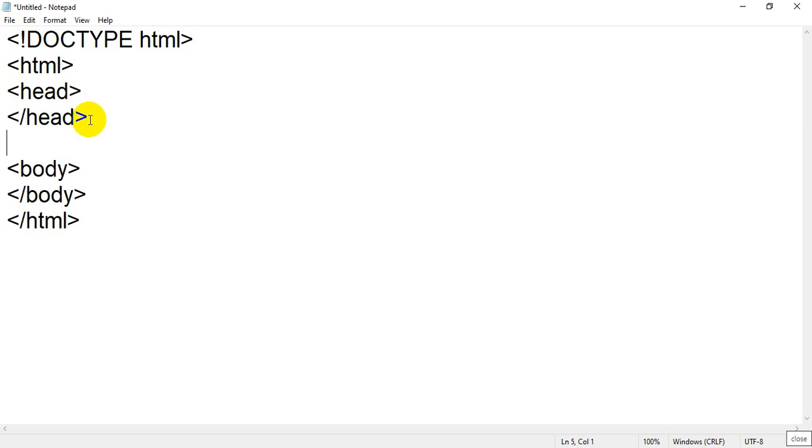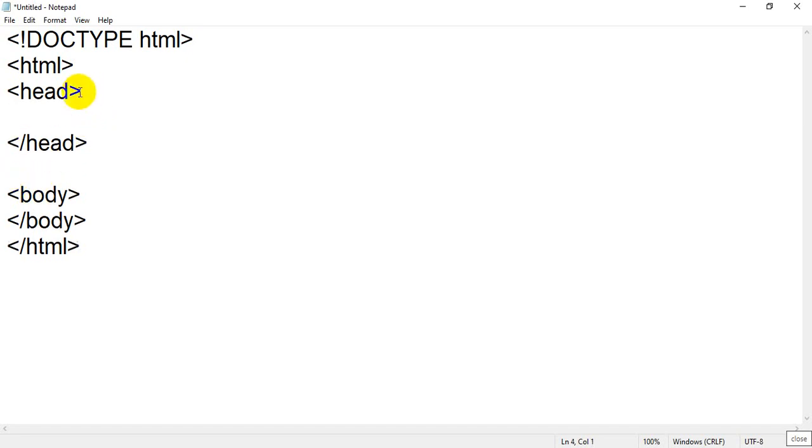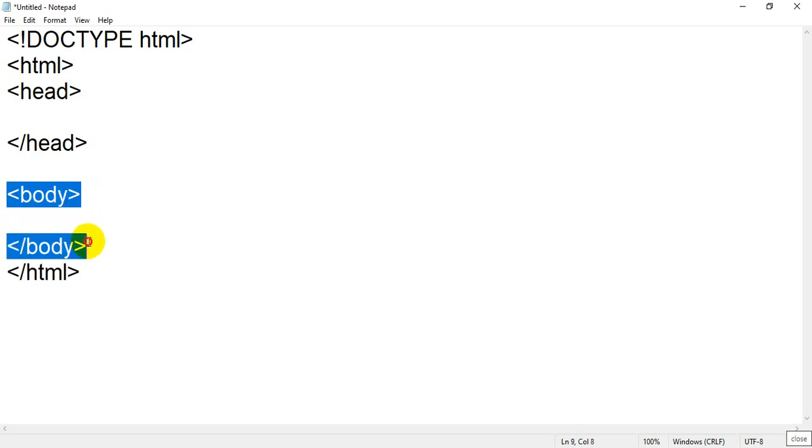The first option is we can add between the opening and closing head tag. Okay, see the space, here you can add your JavaScript code. Okay, this is the first choice, or you can have any other choice. The second choice is you can add between the opening and closing body tag. Here you can add, so there is no certain rule where you can add. It's up to you whether you want to use the head section or the body section.